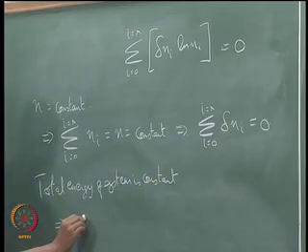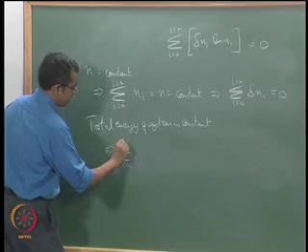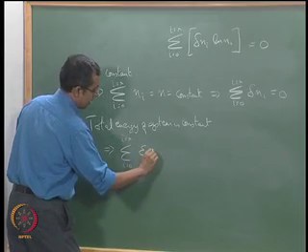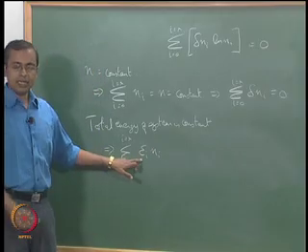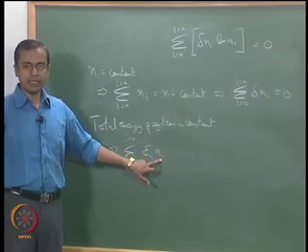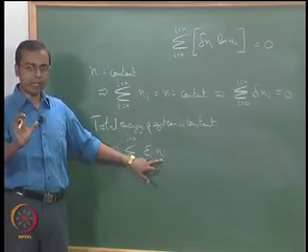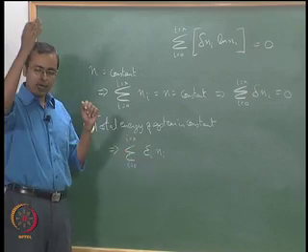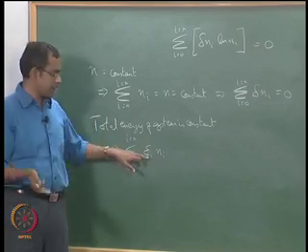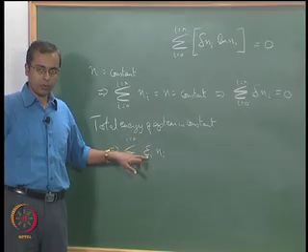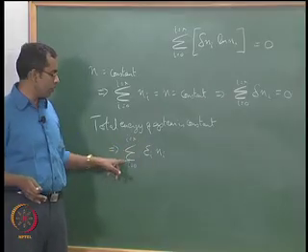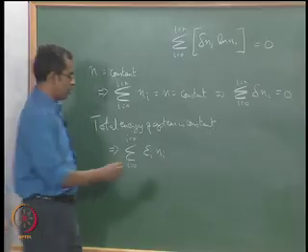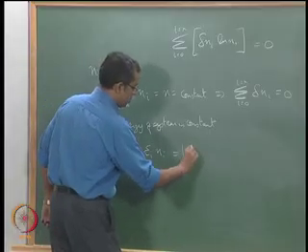This implies sum over i equal to 0, i equal to r, epsilon i ni. This is the energy level epsilon i, there are ni particles in it, therefore the total contribution of the particles that are sitting at that energy level is simply ni times epsilon i, and you have a whole bunch of energy levels, i equals 0 to 1 to 2, 3, 4, 5, 6 up to r. So the sum of all the energy levels times the number of particles sitting in those energy levels is a constant, which is the total energy. So we will call it U equals constant.